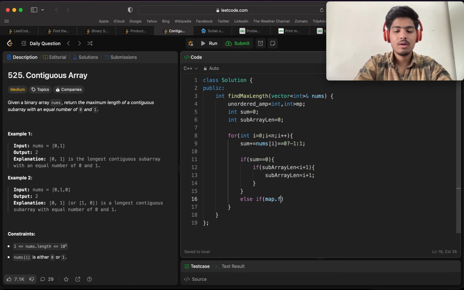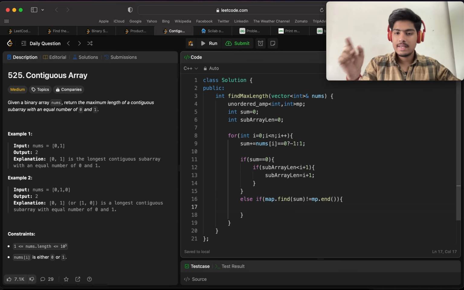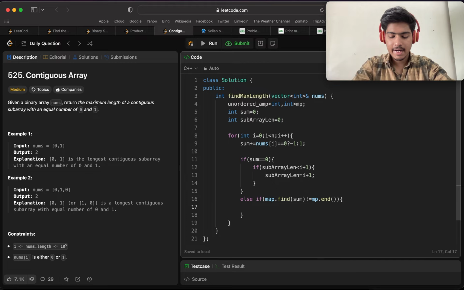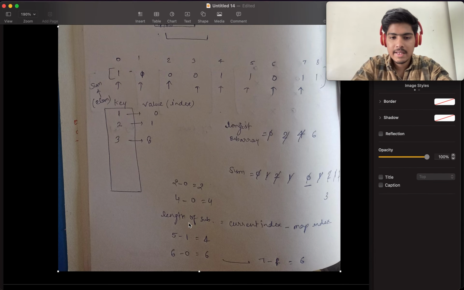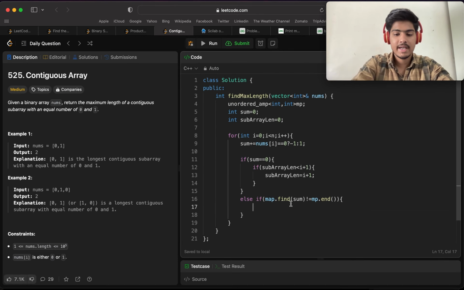Map dot find of sum is not equal to map dot end, if that sum is present in the map, then in that condition what I will do, length of subarray equals to current index minus map index. So in this case we need to add an if condition too. So subarray length is